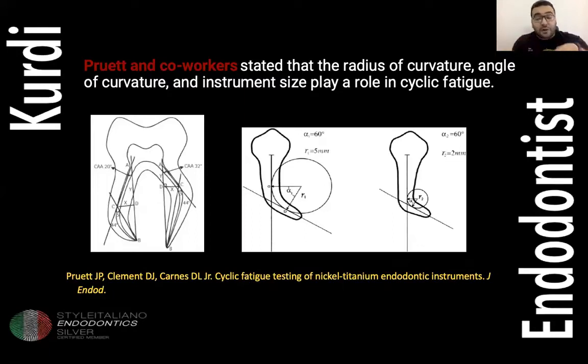And it's not our topic today to talk about that, but we have to mention the instrument size also, and this factor plays a big role in the torsional stresses also, because when the file is a little bit bigger in size,